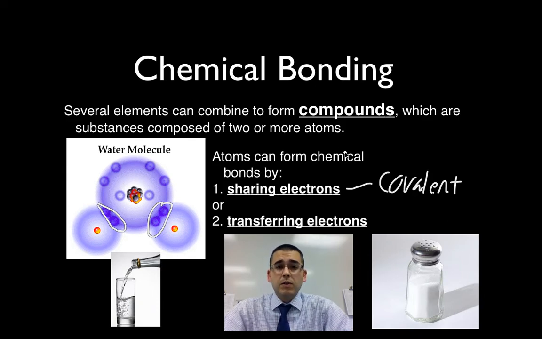And remember, the goal of all atoms is to become stable, and they do this by filling their outer energy level. And becoming stable for an atom is becoming happy. So this is what they want to do. In this case, some atoms do this through the sharing of electrons. Now, not all atoms and compounds share electrons. Sometimes they transfer electrons, and that's the second one.